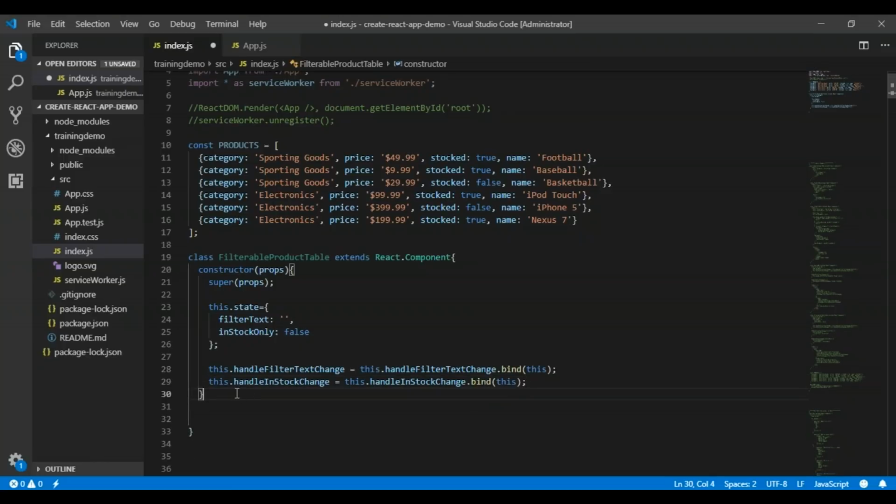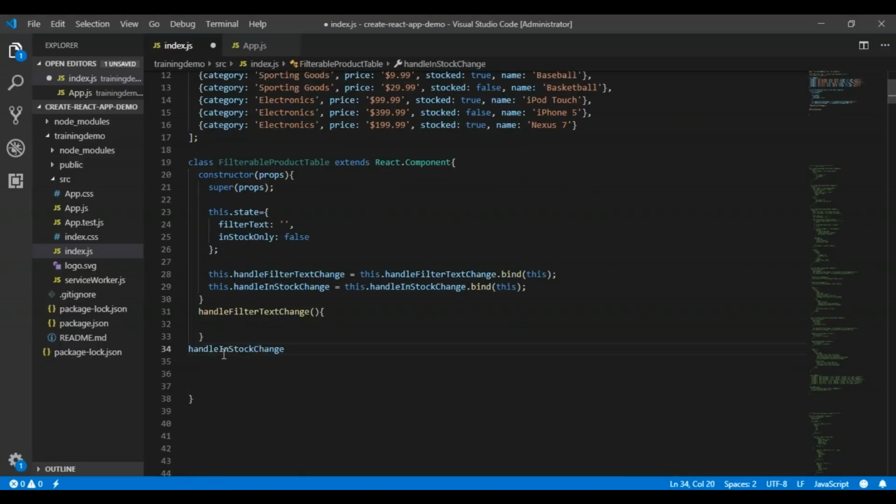We have bound 2 methods. Now it's time to define them. So first one is handleFilterTextChange, and another is handleInStockChange. These are the 2 methods which we are going to define now. And once these are defined, the final thing is that you have to implement a render method for this particular class.